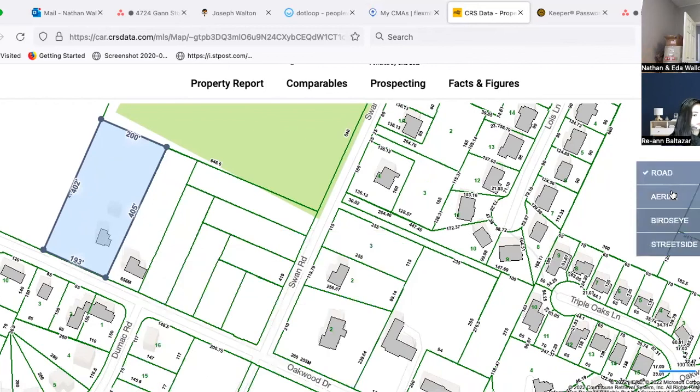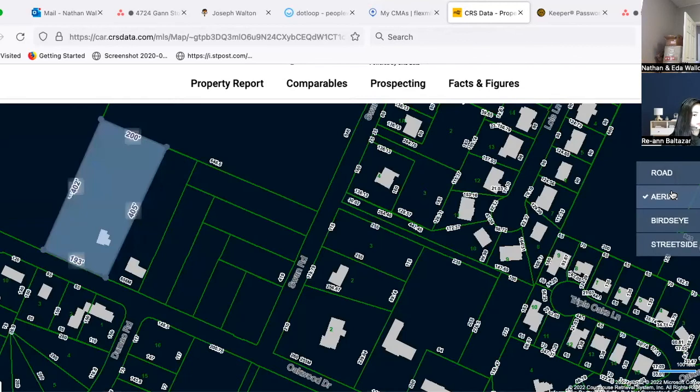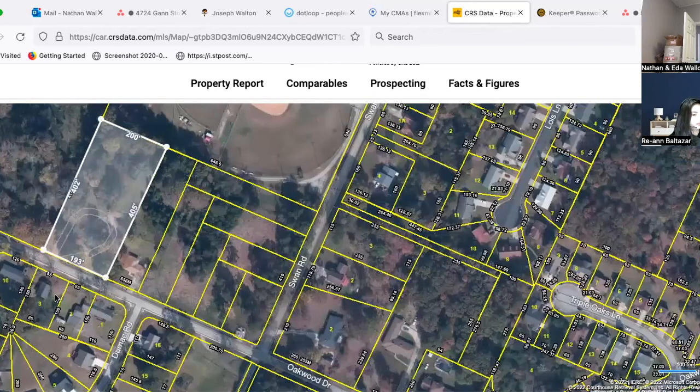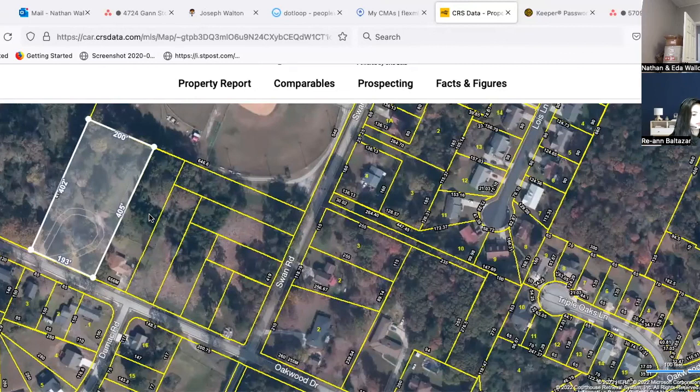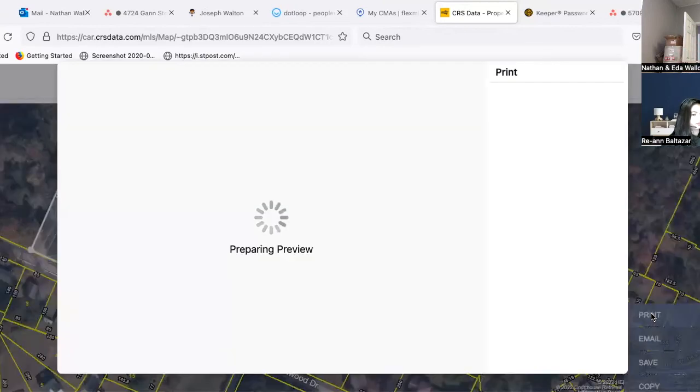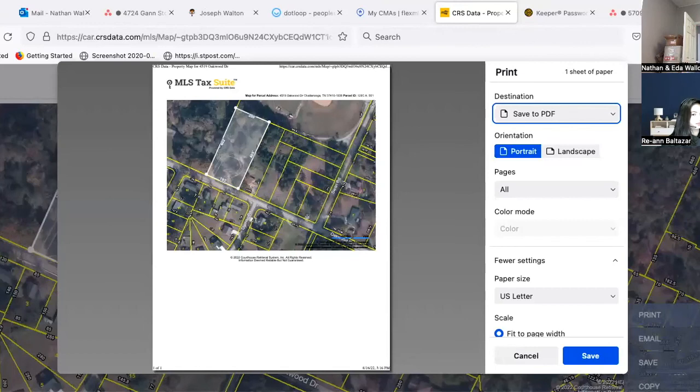You can also go over here and make it look like an aerial, which is really cool. Boom, and it kind of shows you an aerial and his driveway and all that kind of stuff. So if I'm asking you to print up a plat map, you can go over here, hit print, or you can save it as a PDF. It's kind of better if you do one of those print PDF things, and then just send me the PDF of it. So anyway,